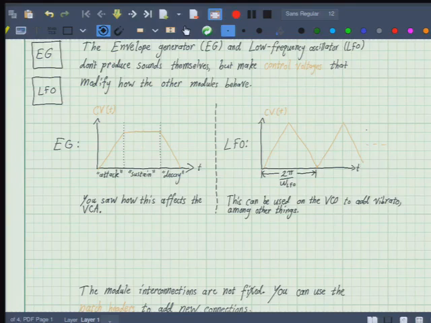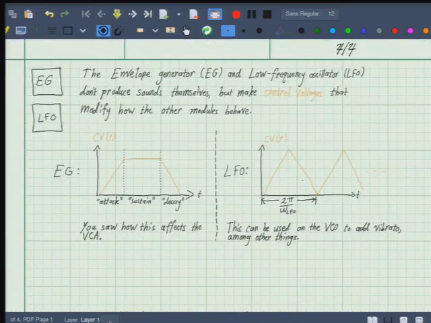The other control voltage module is called the LFO, which is short for low frequency oscillator, which is an historical term actually. It can go to quite high frequencies, but it's a very similar circuit to the voltage controlled oscillator, except you don't hear it, it just modifies things. It can produce square waves and triangle waves like this basically, and we'll see what kind of effect that has on the sound too.